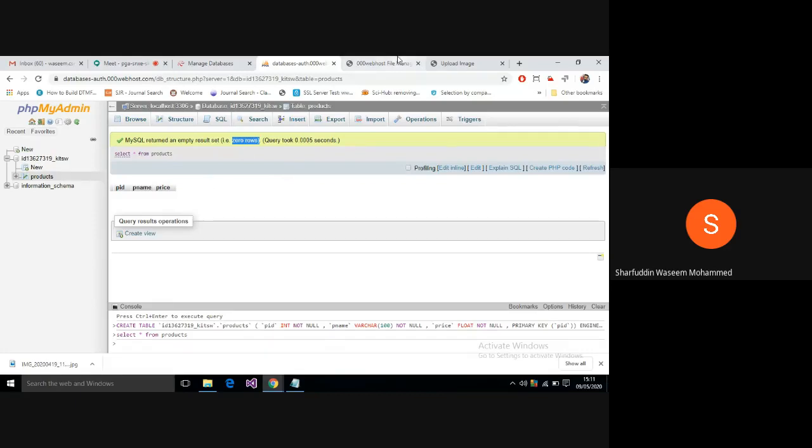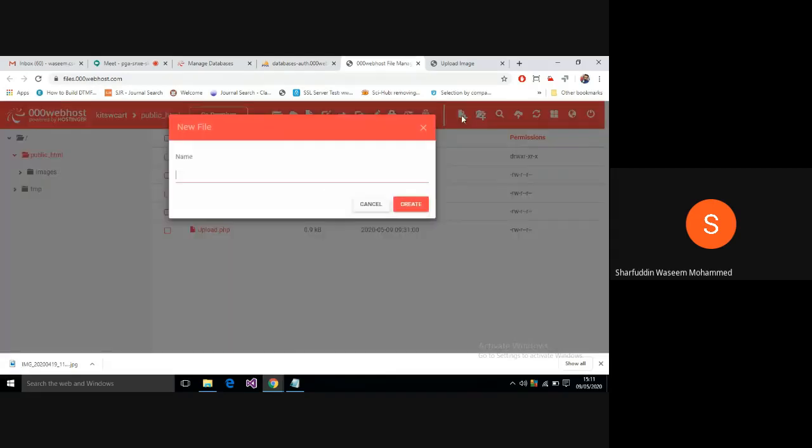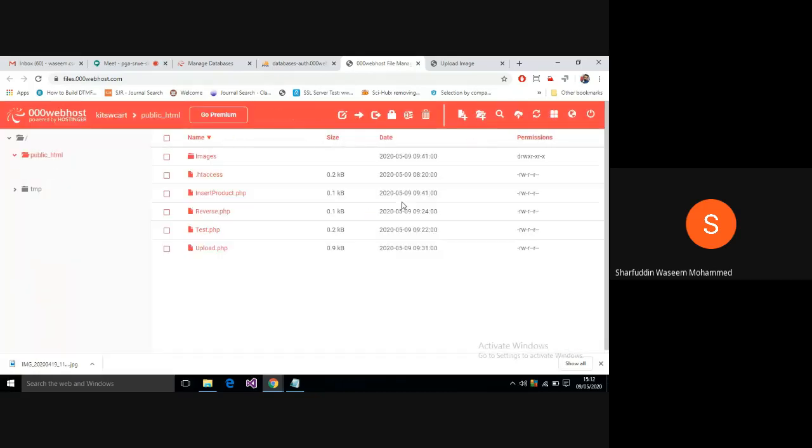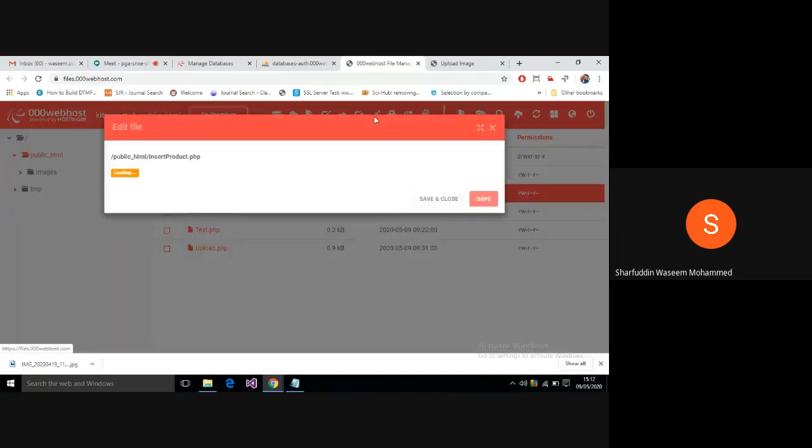So now we'll try to create a new file, something like insertproduct.php. Click on create, then you will get insert product, and you go for the pen symbol, edit.